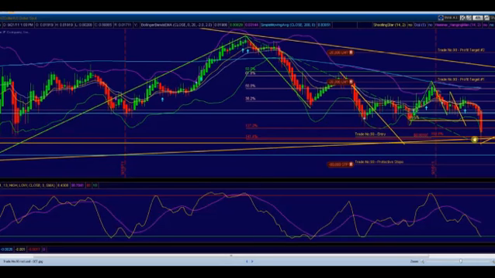If you could see, my AB leg retraced to this gray line here, which is the 618 of the XA leg here. And this B to C leg retraced to this green line here, which is the 50% retracement of AB. So I had a 618 retracement of my XA, and I had a 50% retracement of my AB,